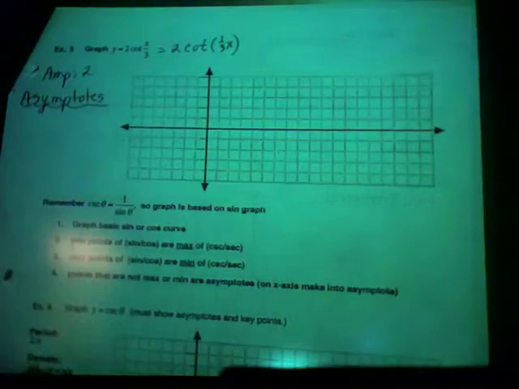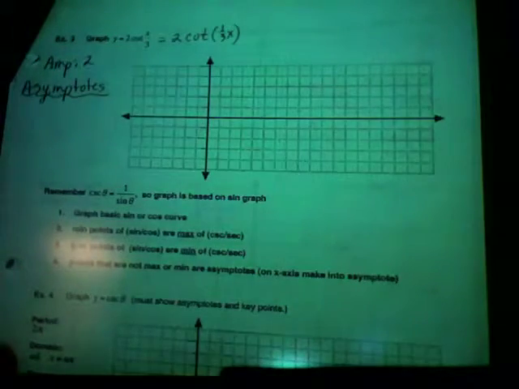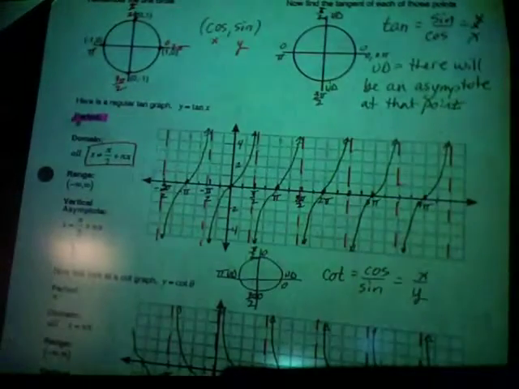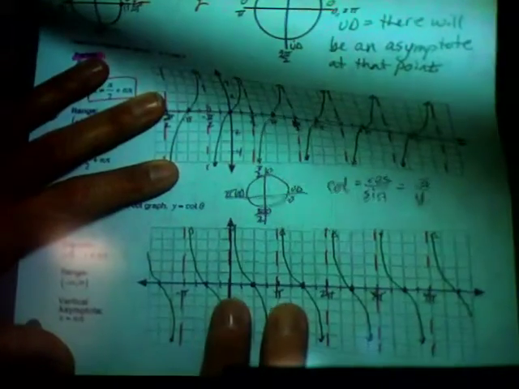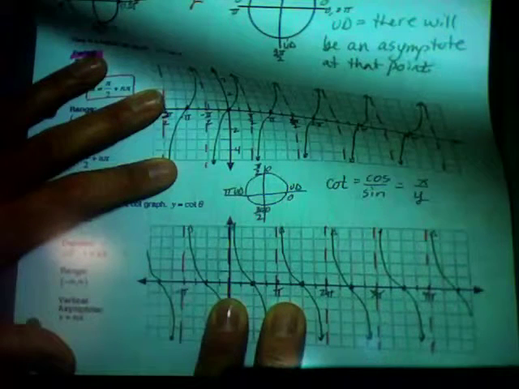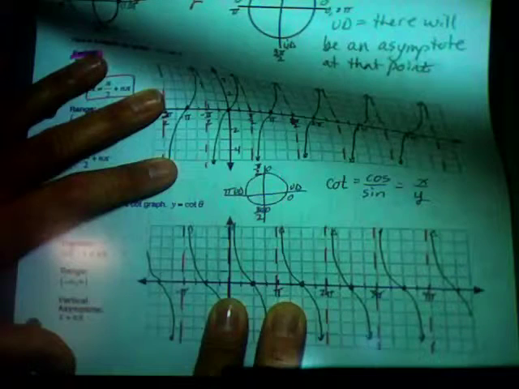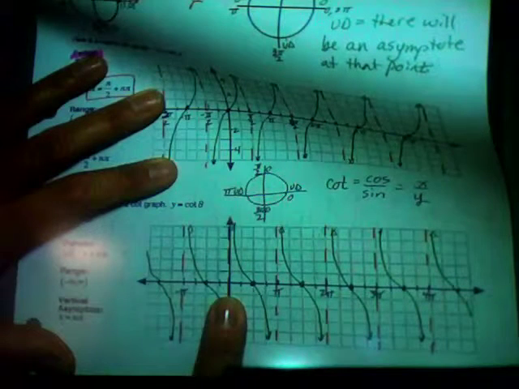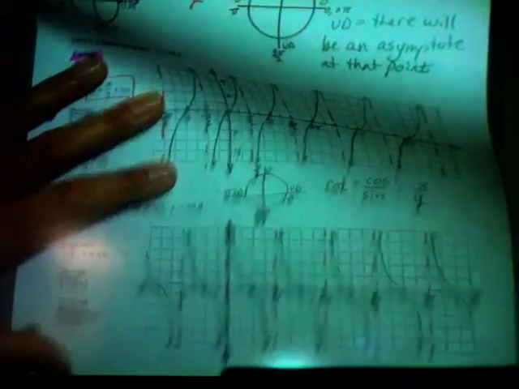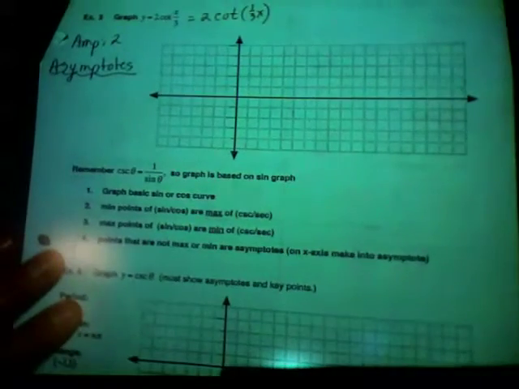Do you remember how we did it yesterday? So go back to the very first page. So yesterday we took one period. So I'm going to take this period right here from 0 to pi, because the asymptotes are different on cotangent than they are on tangent, right? The normal start for this period would be at 0, and the normal end would be at pi, right? So we're going to find our new asymptotes. So we're going to take this x over 3,